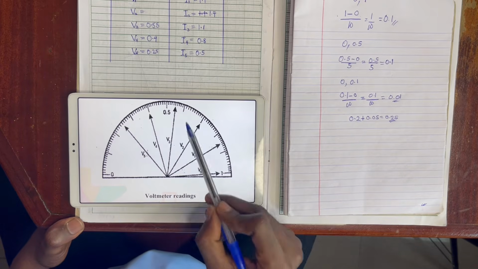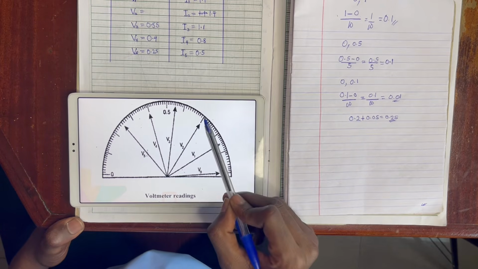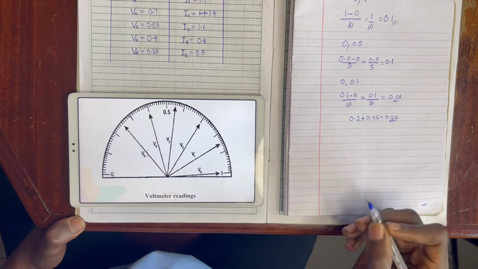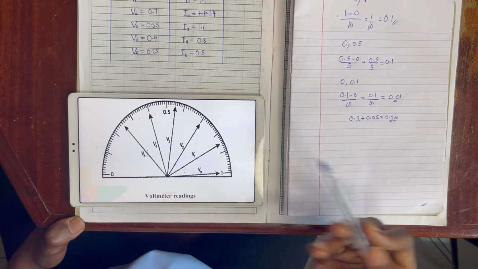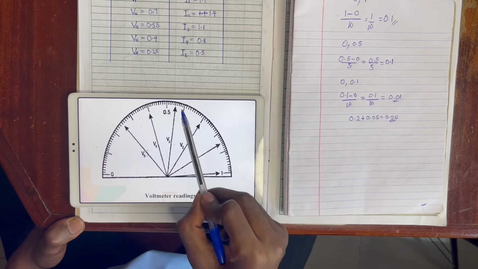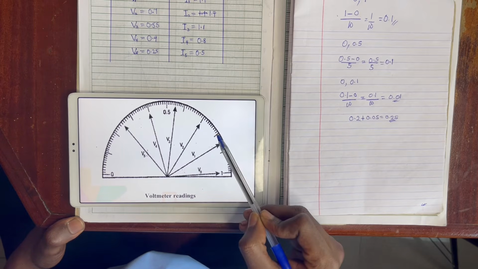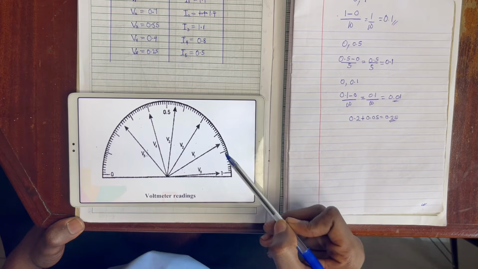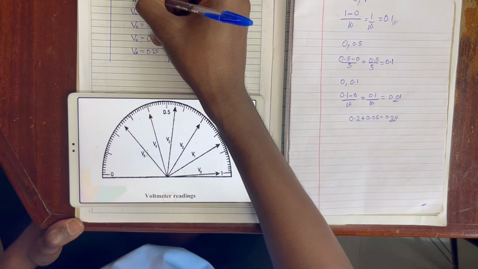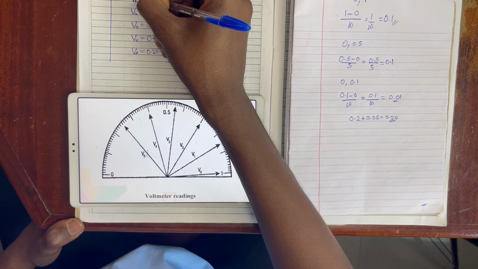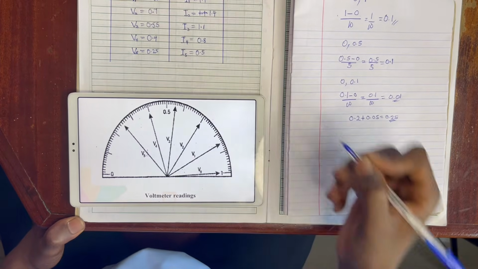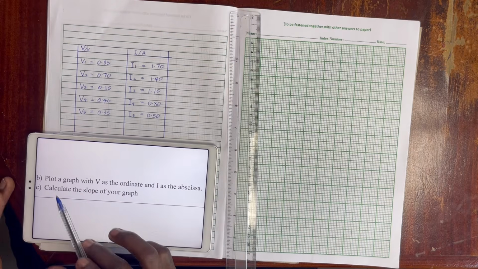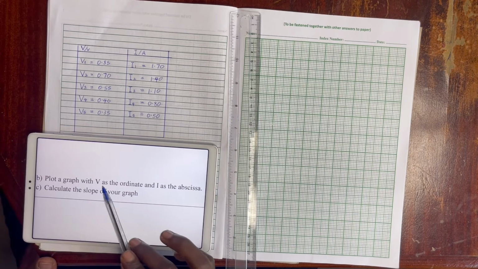Then V2. So this 0.5, 0.6, 0.7, 0.7. Then the last one, V1. This 0.5, 0.6, 0.7, 0.8, and 0.9. In between 0.8 and 0.9 is 0.85. So we have our values now, and the next question is to plot a graph with V as the